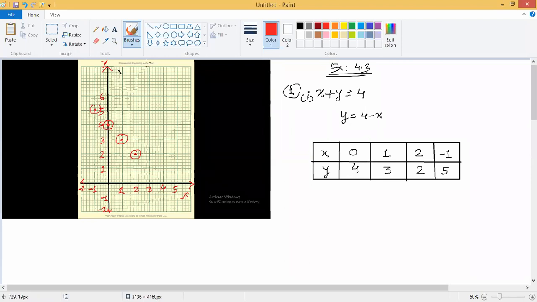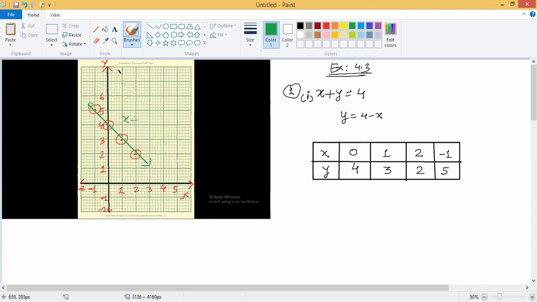Now you are supposed to join all these points through a line. As it is a linear equation, आप इसको ज्वाइन करोगे तो क्या मिलेगा आपको? लाइन ही मिलेगा. यदि आपको लाइन नहीं मिल रहा है, that means your graph is wrong. यदि आपको लाइन नहीं मिल रहा है तो 100% आपका ग्राफ क्या होगा? रॉन्ग होगा. इसलिए यहाँ पे लाइन ही मिलना चाहिए. देखो एग्जैक्ट लाइन मिलेगा आपको. ठीक है. This is the graph of this first one.